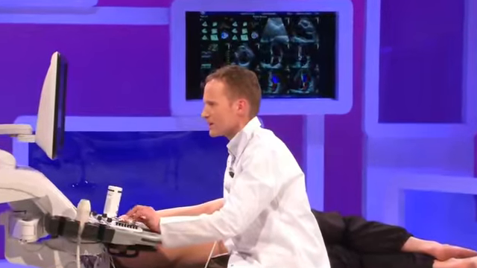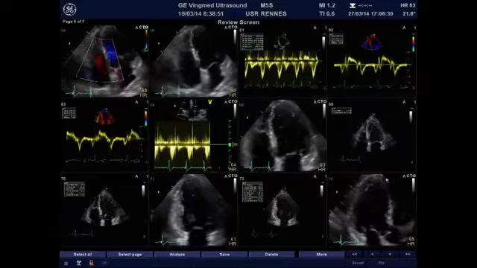So we will try to use other parameters that we know to be more reproducible than the LV ejection fraction. The first of them is the assessment of the longitudinal component of the LV systolic function using the pulse